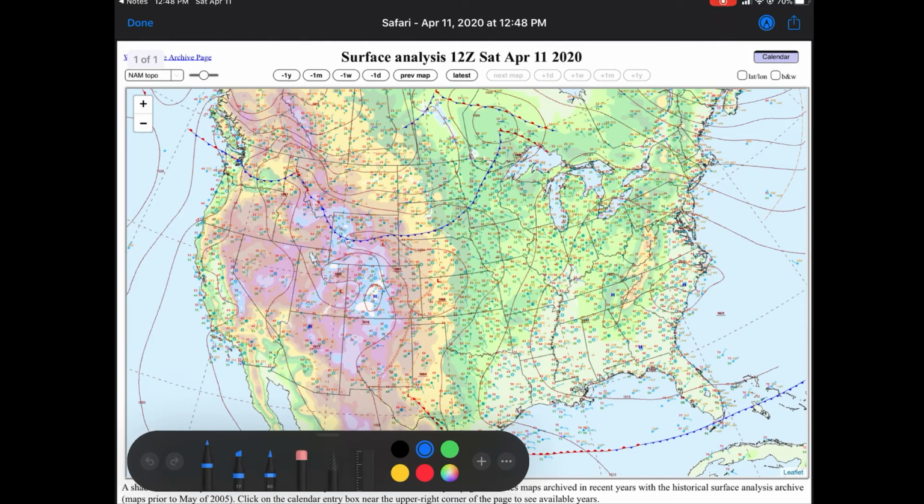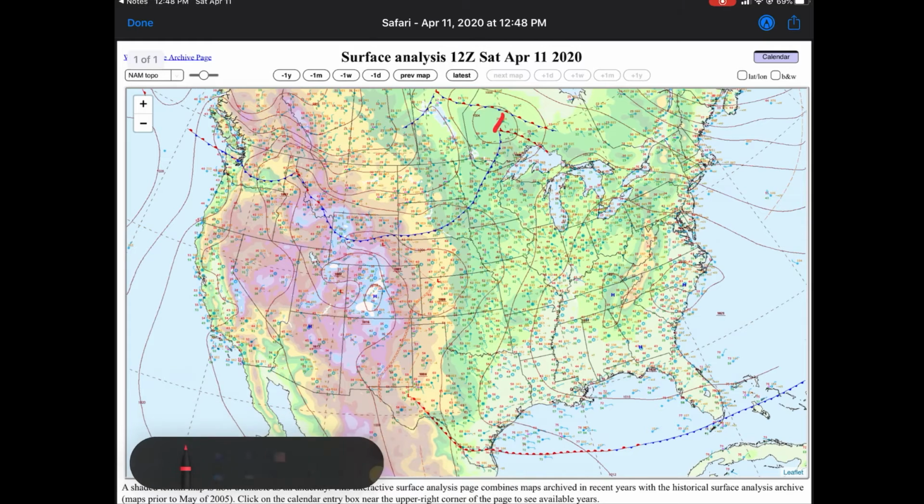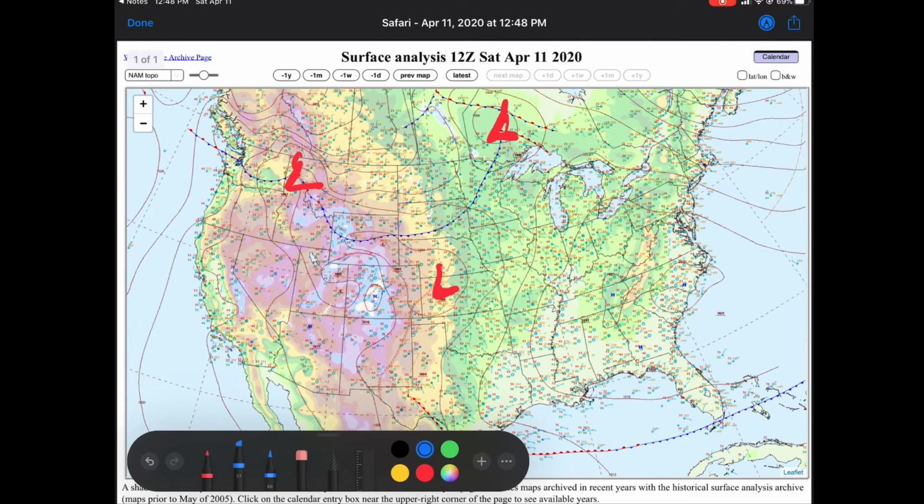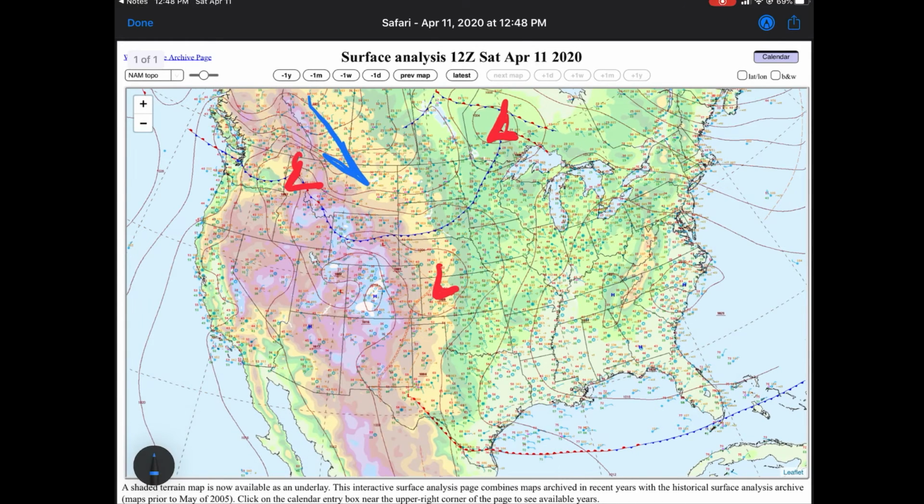All right, I'm gonna change this to red. So here's the low pressure system this morning. That's one of them. This is the one over here, and these are the ones we're watching. This is all the cold air that's going to be pushing this cold front down into where this low is, which has a nice little dry line going off. You'll be noticing between this low and that dry line, we're going to start seeing some thunderstorms firing up here